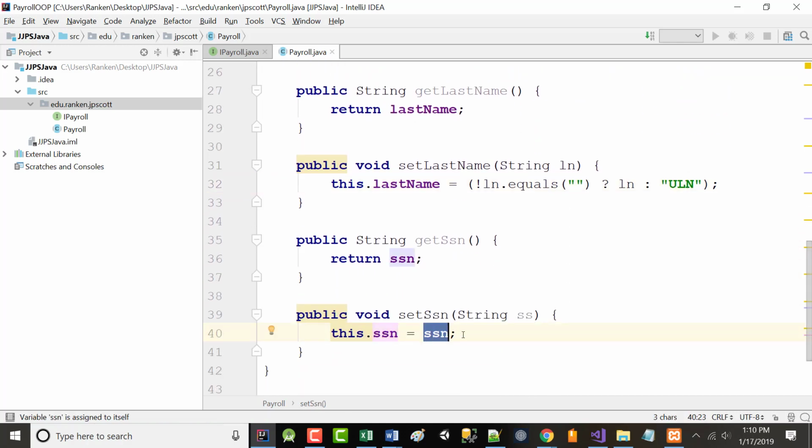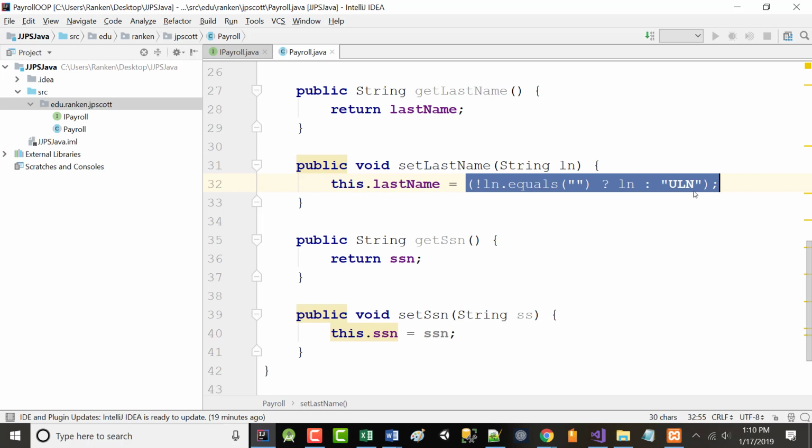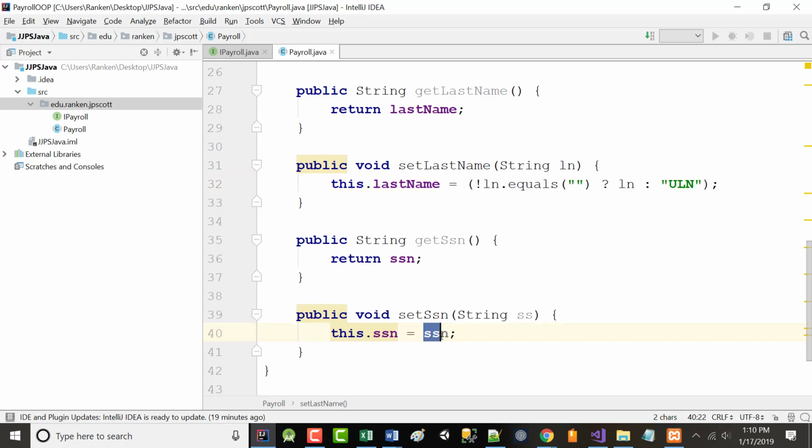All right? Now, we are going to kind of cheese out on this, and what I mean is we're going to do it the same way. I'm not going to take the time right now. If you were a, quote, real Java programmer, unquote, you would make sure that the person either entered in, what, 9 numbers or 3 numbers, a dash, 2 numbers, a dash, and 4 numbers.